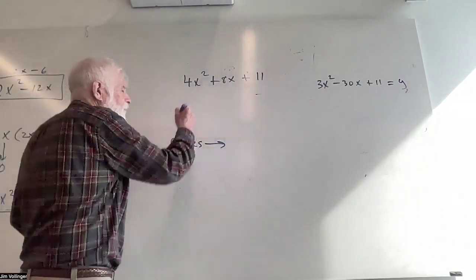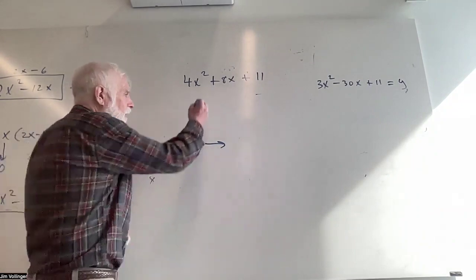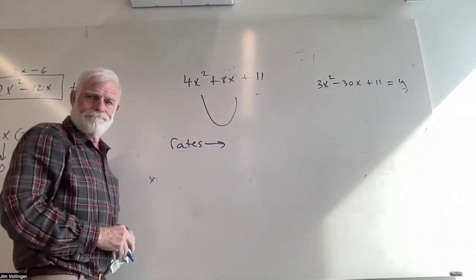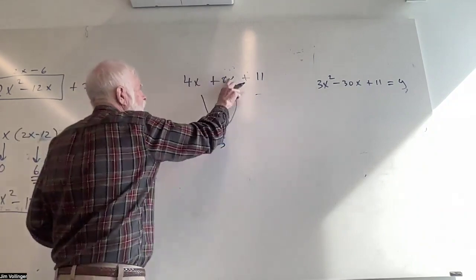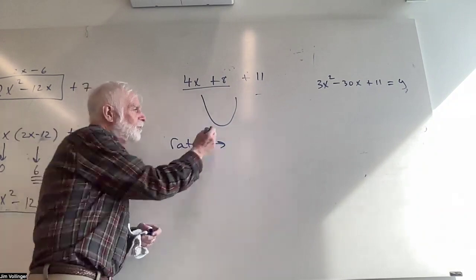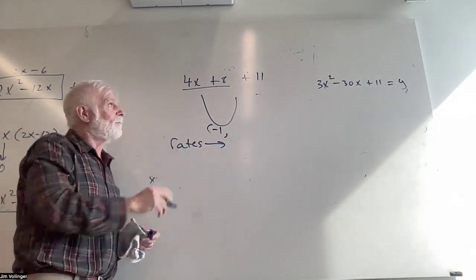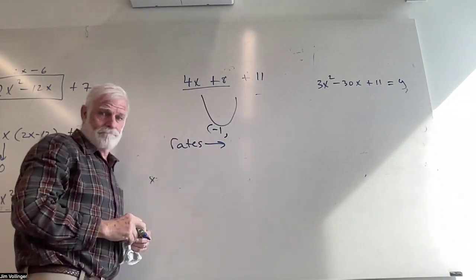All right, are you seeing cup shape up? Now you think about it for a little while, but I'm just going to keep talking. Are you seeing that you're halfway from what makes that zero? And what makes that zero is -2, so that's -1. And if I put a zero into that,